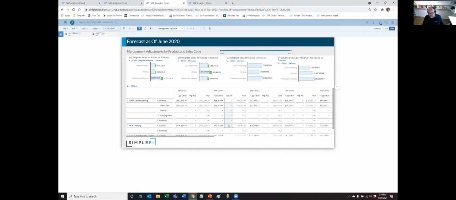So once we submit our plan, we can lock that and publish it, and it's available for reporting immediately from our FP&A and sales leadership stakeholders. So that's a quick view. If you want a longer demo, we're actually going to be doing